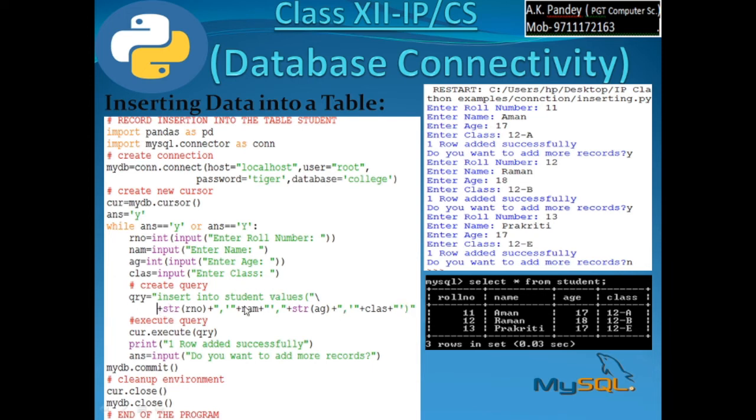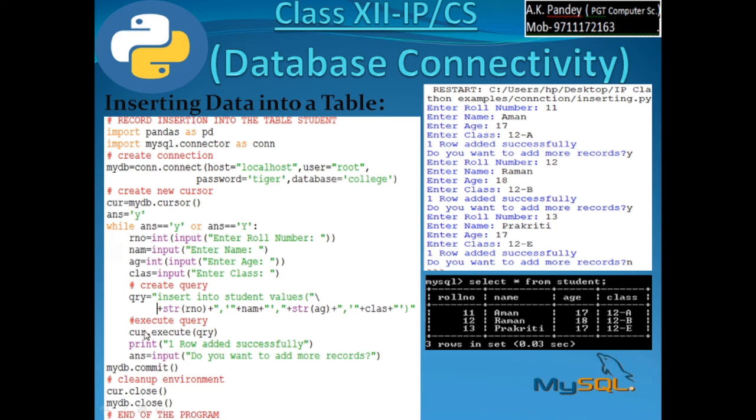So after writing this command, if we remove plus, if we remove double quotes and substitute the values of the variables, then this query must match with the query command that we issue on the MySQL prompt. If it is not matching, if any comma or any single quote is falling short, then your command will not execute. Now execute this query, cur.execute query. This is part of the loop.